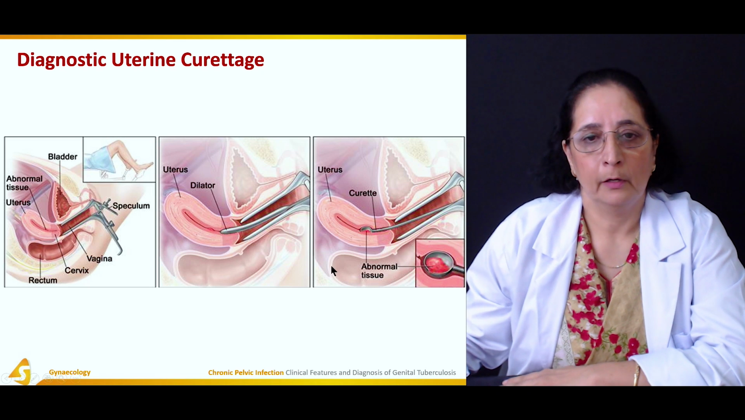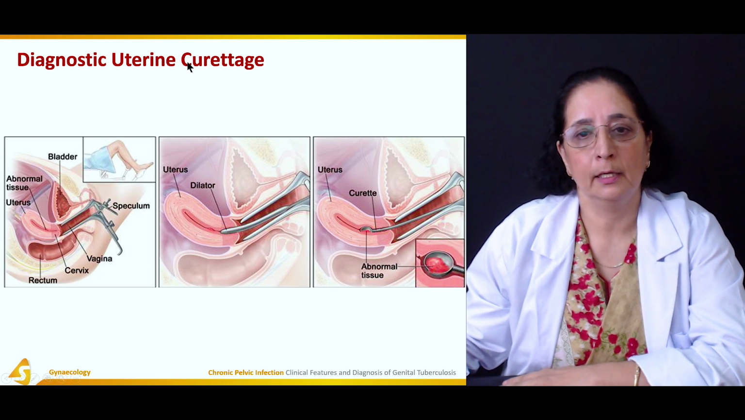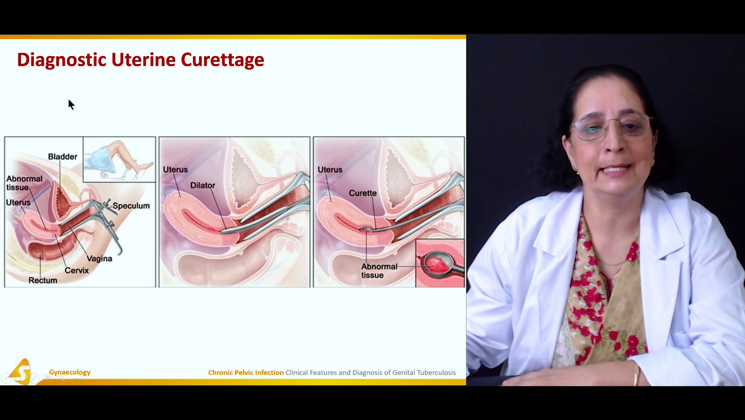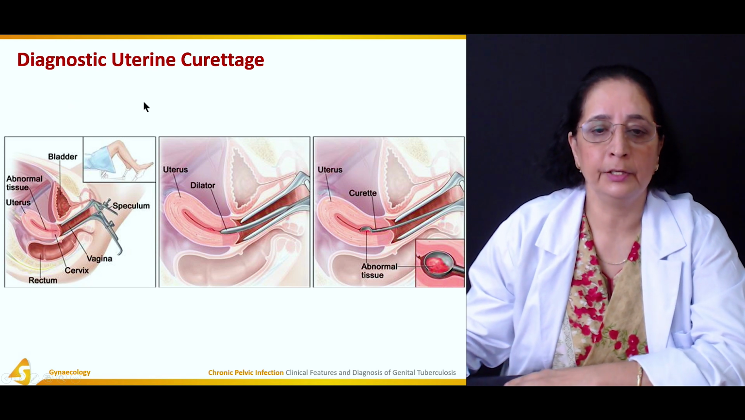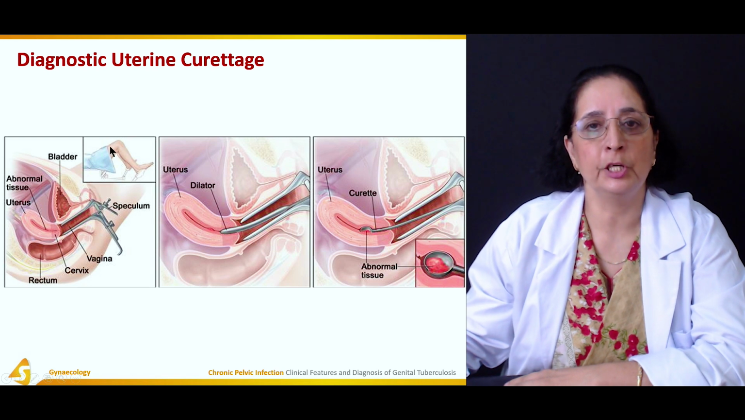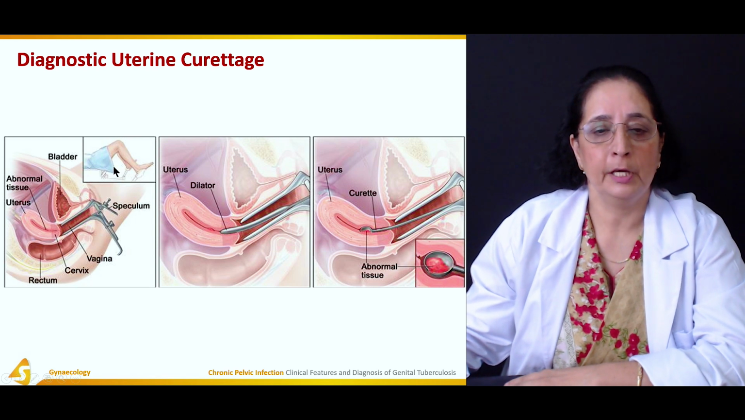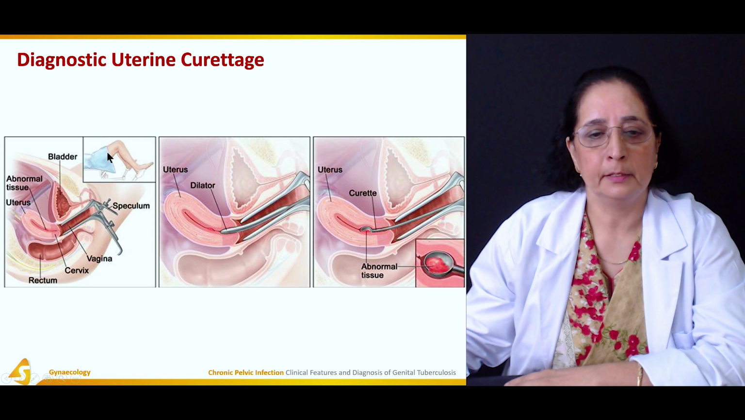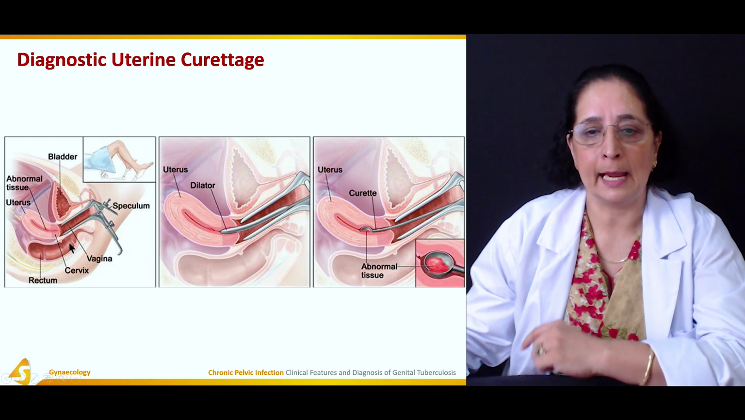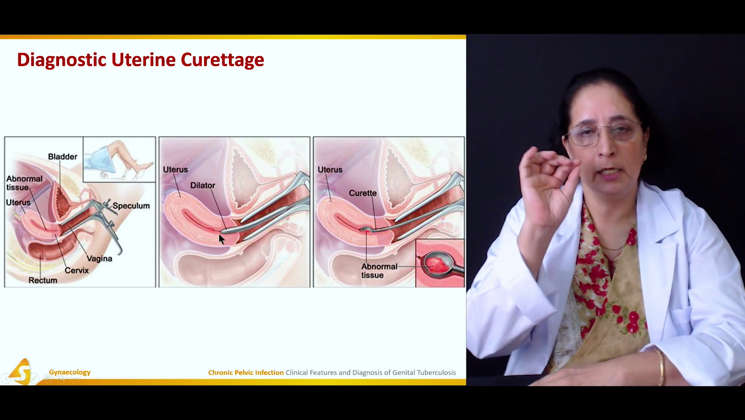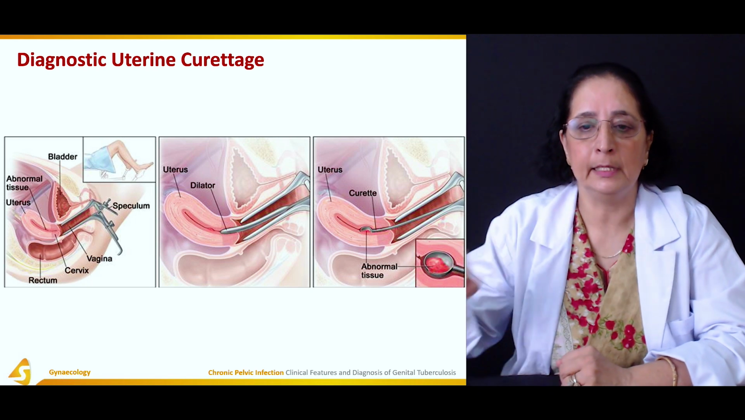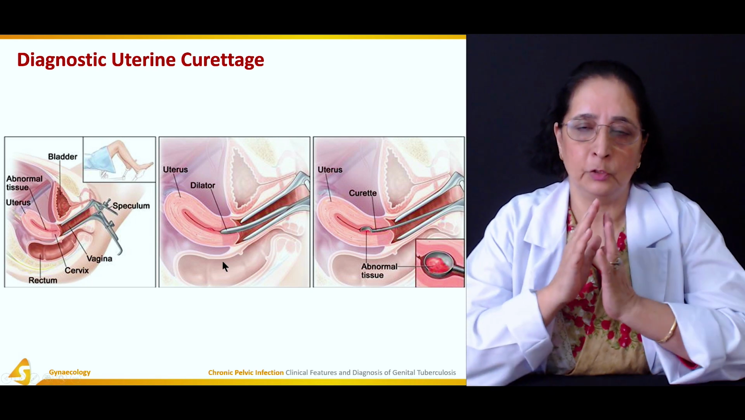This is the diagram of diagnostic uterine curettage called D and C, dilation and curettage. The position in which the patient should be is called lithotomy position. Lithotomy, patient is lying on the back with feet in the stirrups. These are the stirrups. And then in lithotomy position, speculum is inserted inside the vagina, and then the dilator, this is the dilator. The opening of the cervix is dilated with the help of dilator,